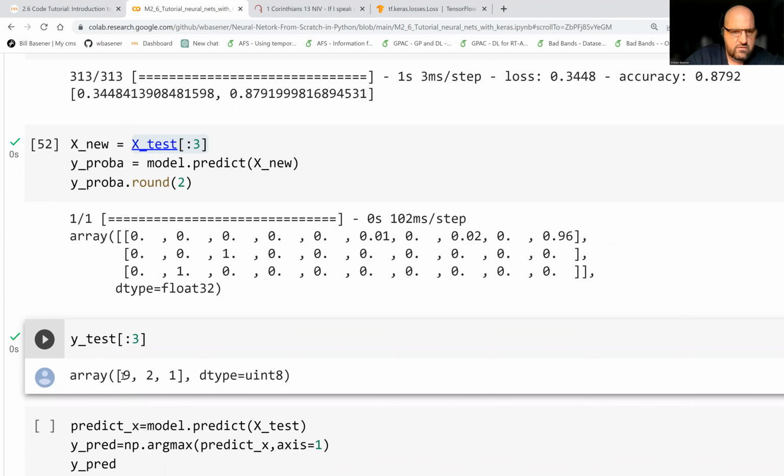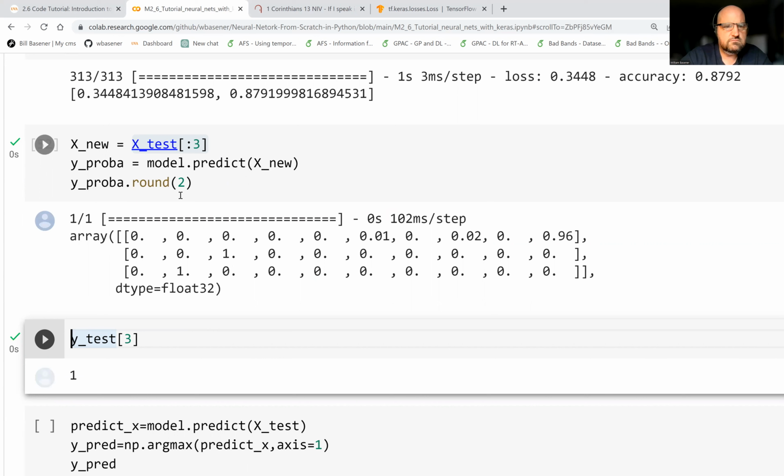And the Y value for observation 3 is a 1. And so I would have expected it to be, oh,